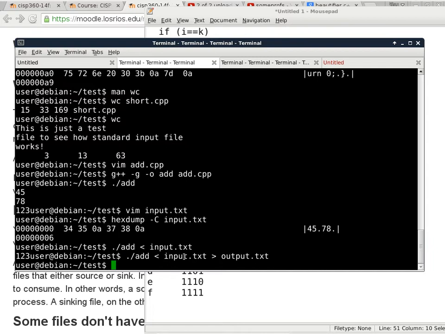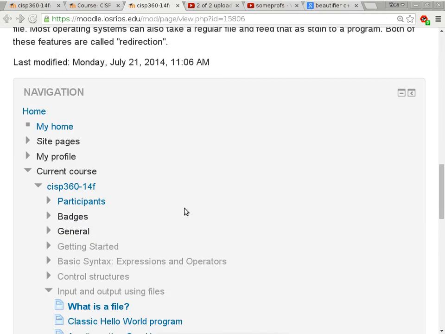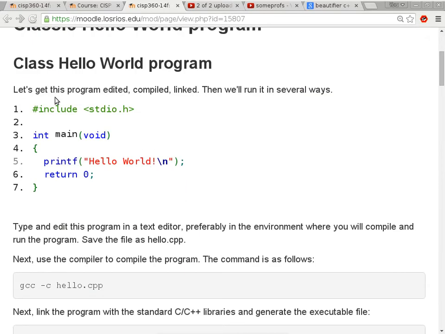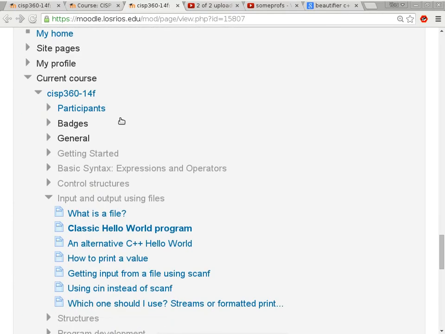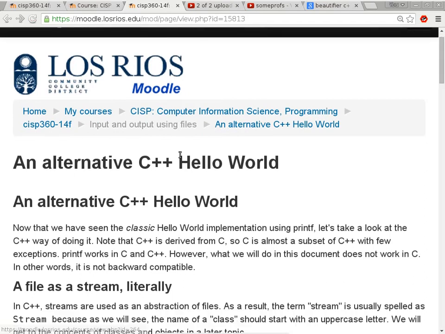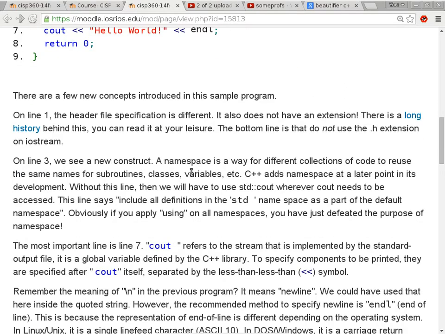The syntax part, if you read the notes here, I have all the stuff already basically written down. The classic Hello World program, using standard IO, and also the alternative, which is using cin or cout, just cout in this case. And this one also explains what is using namespace std. So you have to read the notes for the details, but the concept is kind of more important